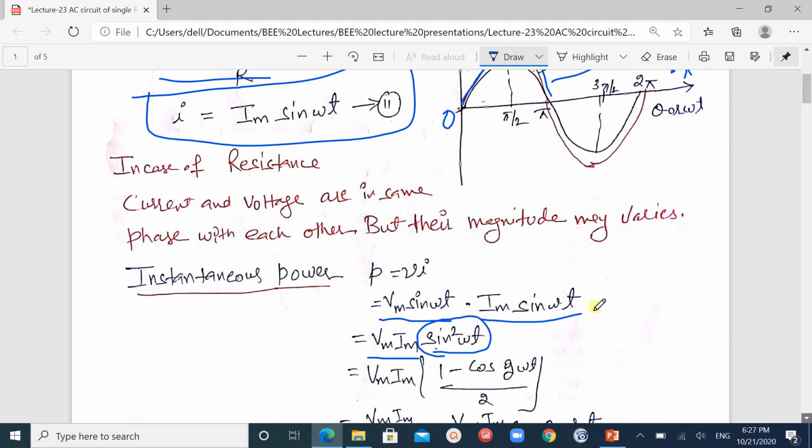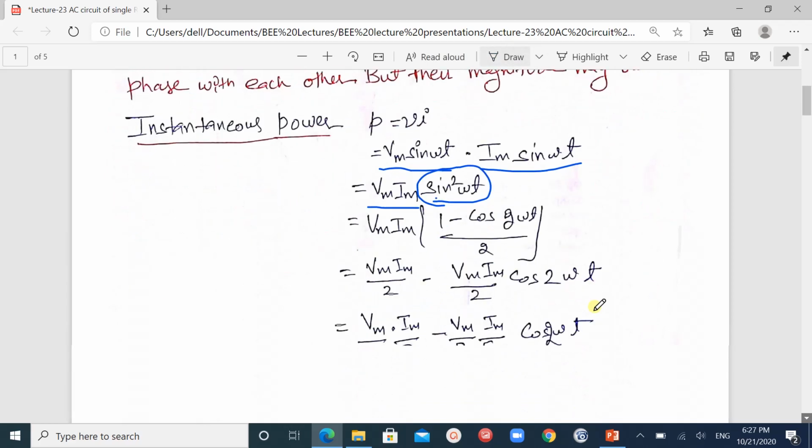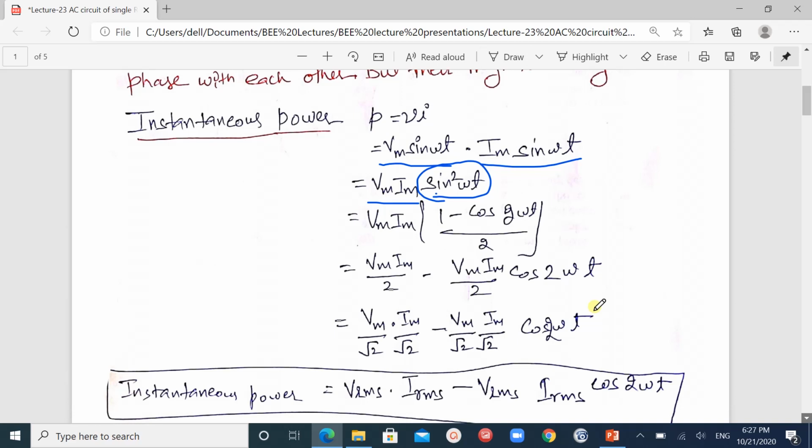It will become Vm Im into (1 minus cos 2 omega t) upon 2, and we solve this bracket. It will become Vm Im upon 2 minus Vm Im upon 2 cos 2 omega t,